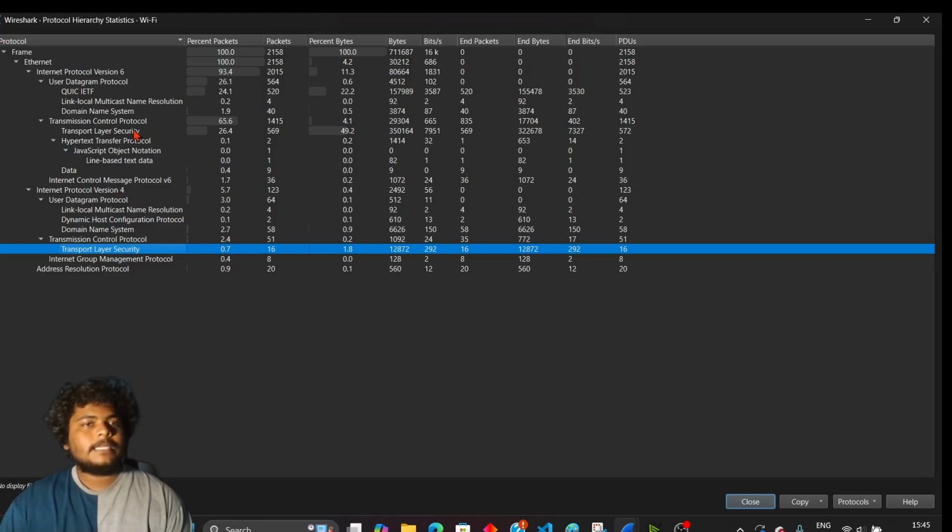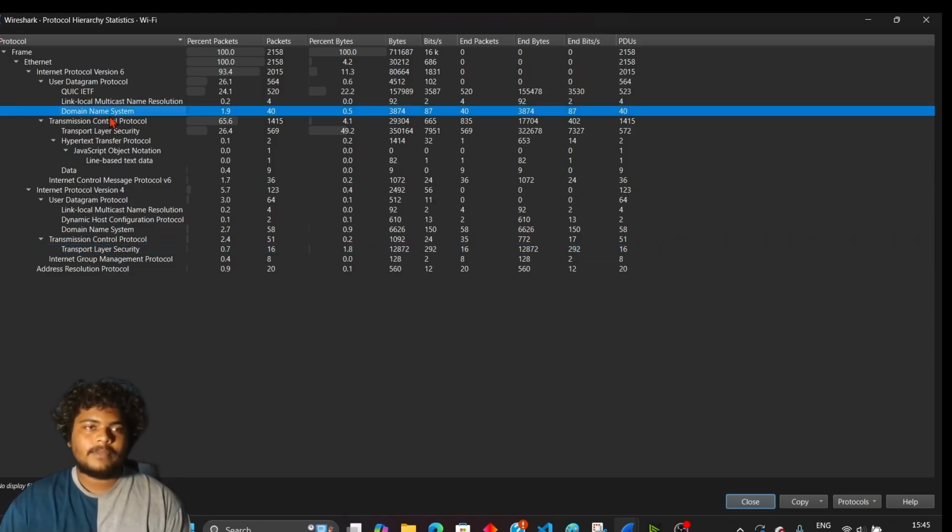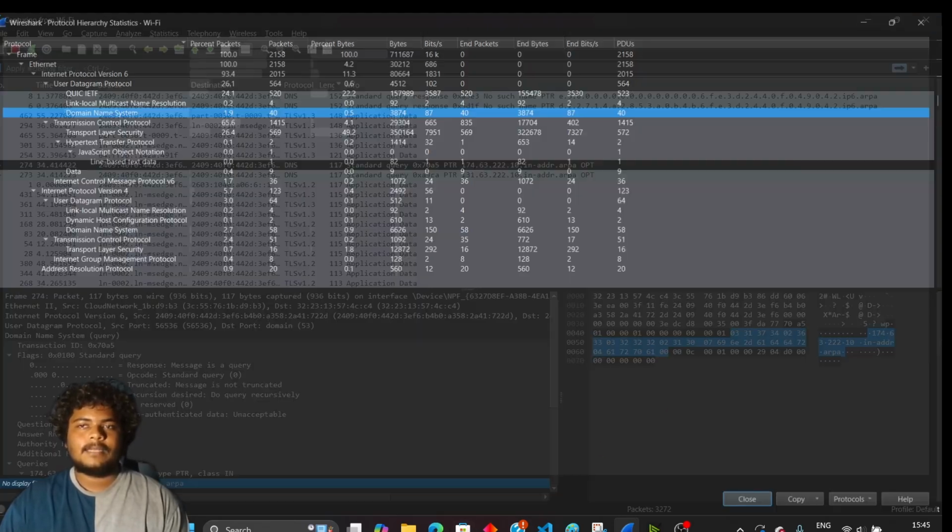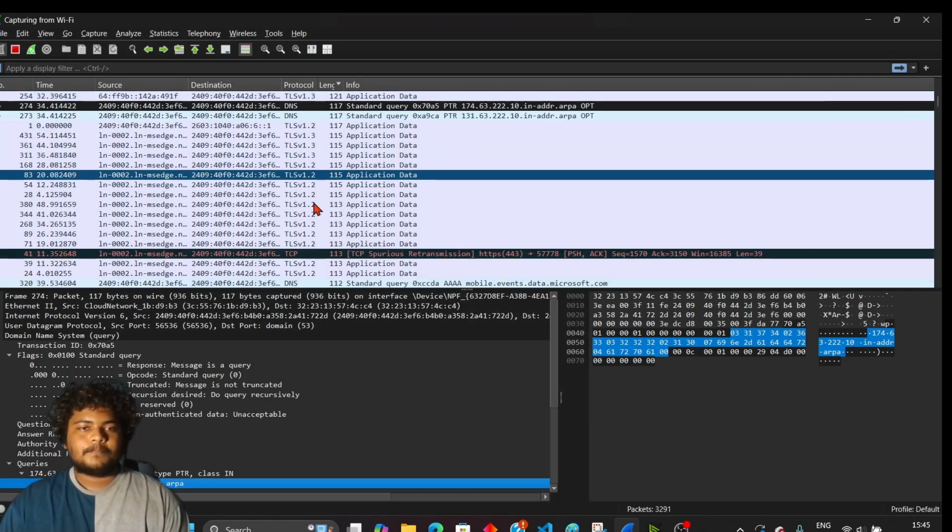So if you want to dig deeper, you can go through every detail and ask what is the normal percentage of DNS in the protocol hierarchy statistics in Wireshark. When you search that on the internet or ask ChatGPT, you can get the answer. So these are some things here. And when we come back here,